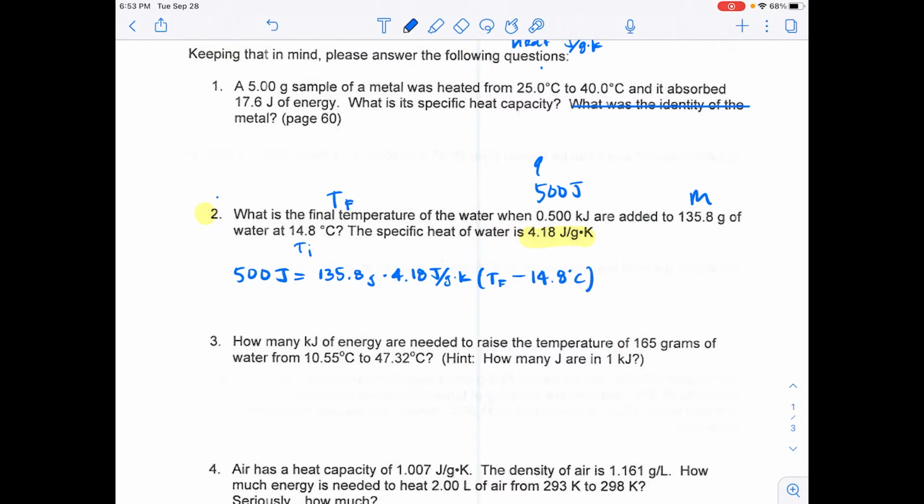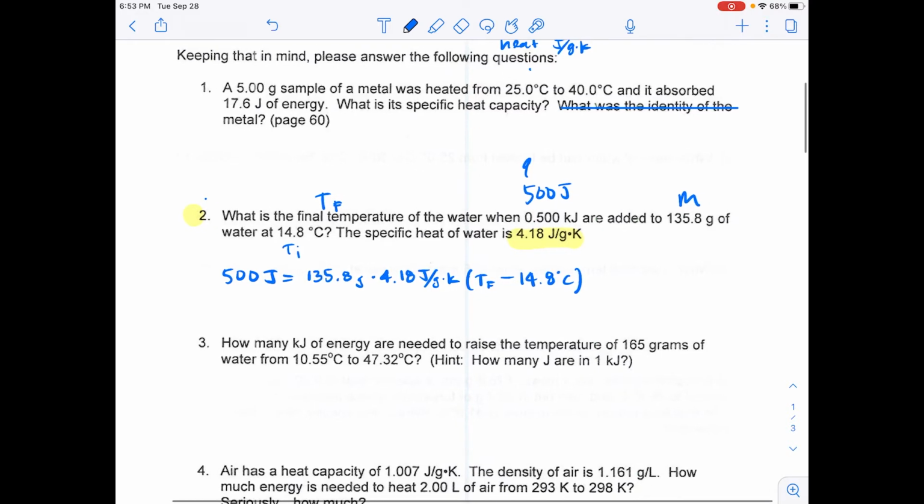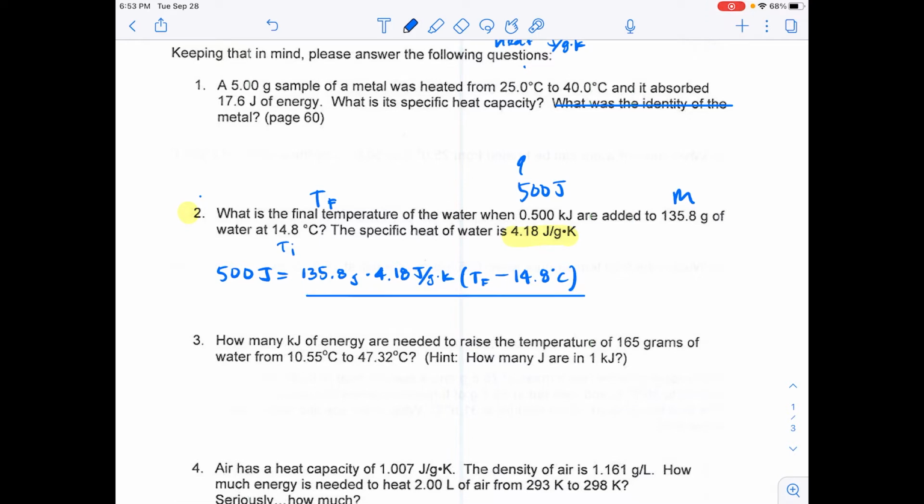You want to get final temperature by itself. So the first thing you're going to do is divide both sides by 135.8 and 4.18. You divide so they cancel out. I'm going to write that over here because I'm running out of space. So 500 joules divided by 135.8 times 4.18 on the bottom here, and then these cancel out. So I'm doing that over here too, I'm just not writing it. So that is equal to